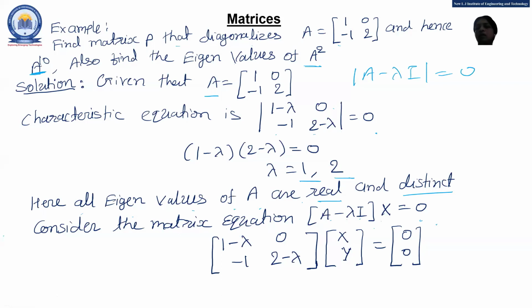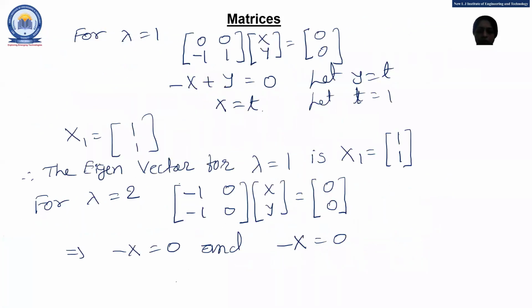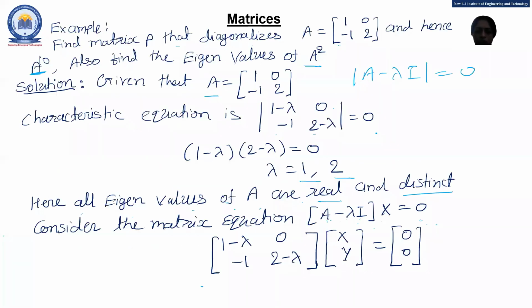Please recall the chapter, the topic eigenvalue and eigenvector. Whatever we are doing now is for finding the eigenvector. So I am doing the matrix (A minus lambda I) x equal to 0. As our first eigenvalue is lambda equal to 1, by substituting lambda equal to 1 in this equation,